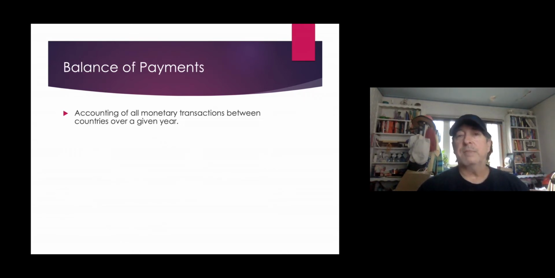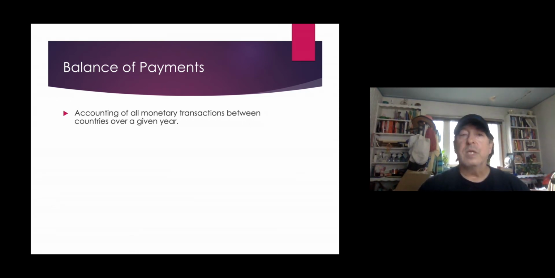Now, a second concept is balance of payments. Basically, this focuses on the financial accounting that follows from countries engaging in trade with one another, engaging in mutual investment, tourism, even things like foreign aid, anything that involves moving money across national borders. When money leaves the country, it's counted as a debit in the national account. When it enters a country, it's counted as a positive in the national account, or a credit.